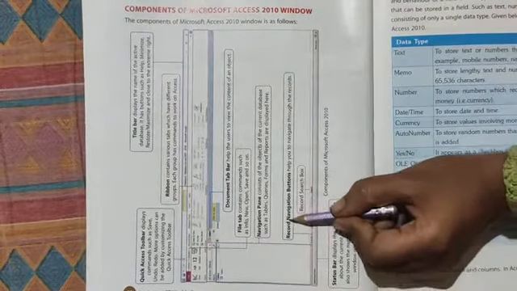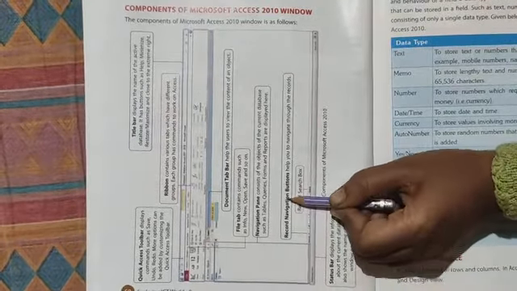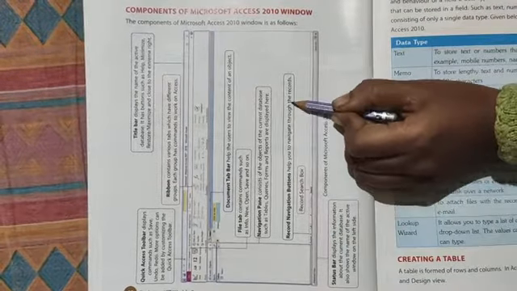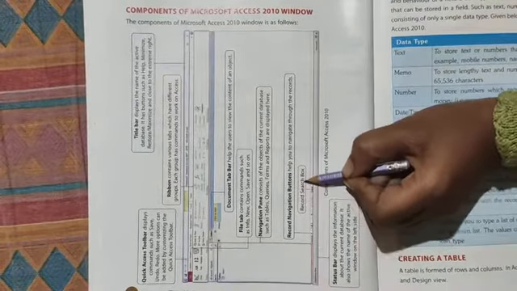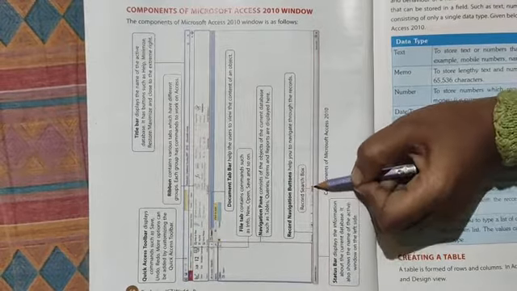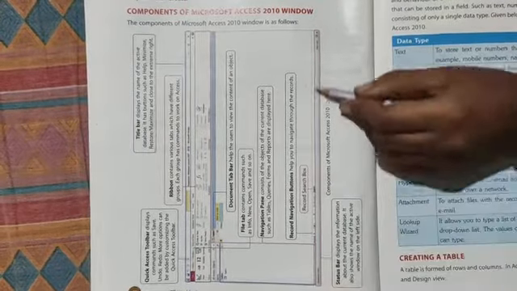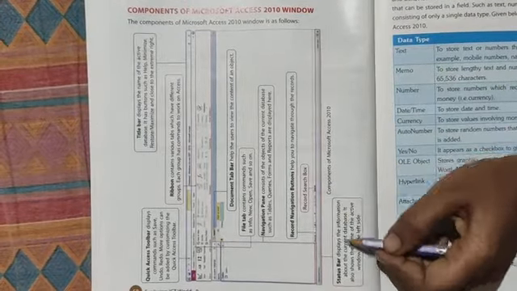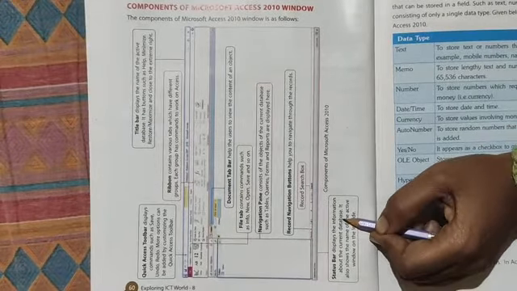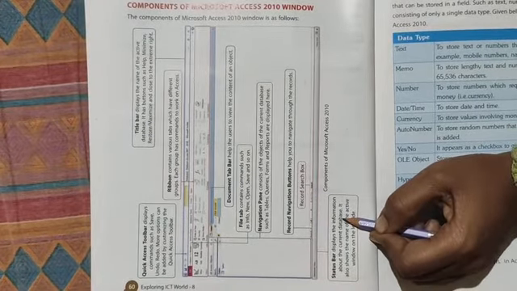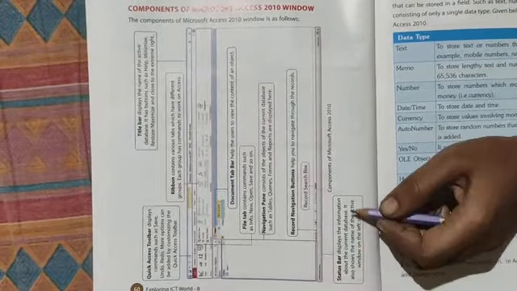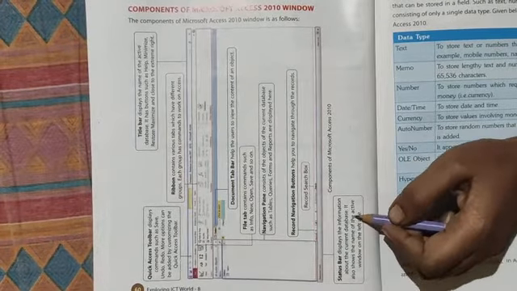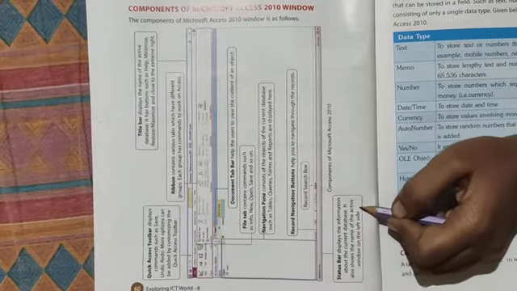Record navigation buttons help you to navigate through the records. Now the record search box, from which you can search for what you want. Now this is your status bar. It displays information about the current database, which database is running in the current position. It also shows the name of the active window on the left side.